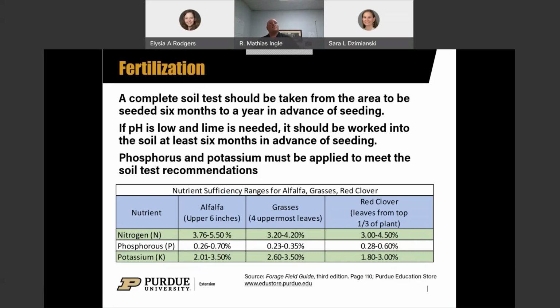And phosphorus and potassium must be applied to meet the soil test recommendations. So if nothing else from this presentation, I want to emphasize how important a soil sample or soil testing can be. Purdue Extension does have a publication titled HO-71 that you can use as a reference. You can contact your local extension office and they should be able to help you out and get you a